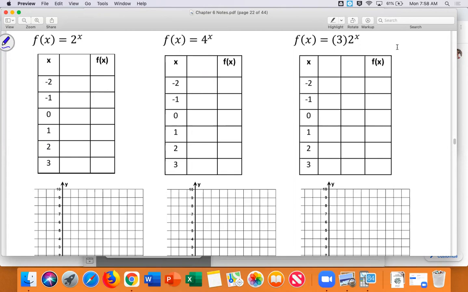So we're going to replace x with these numbers. This middle column is just this: 2 to the negative 2, 2 to the negative 1, 2 to the 0, 2 to the first, 2 to the second, 2 to the third. Destiny, you okay with that? See where I got those from? All right. Now,